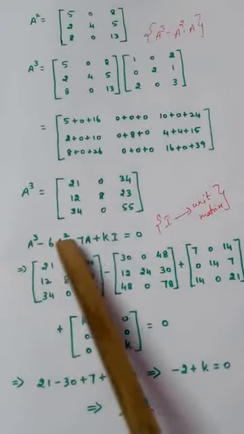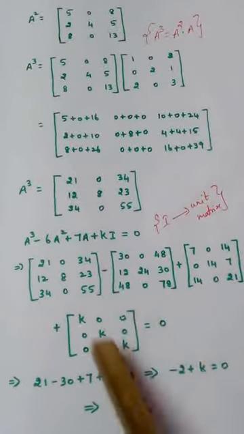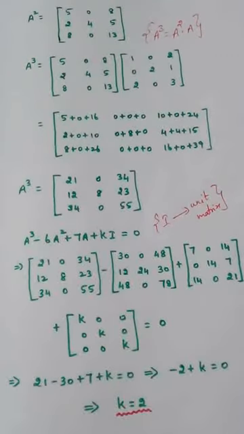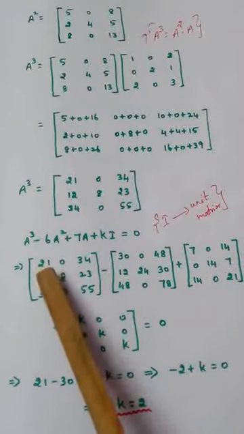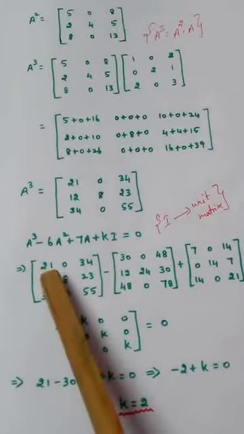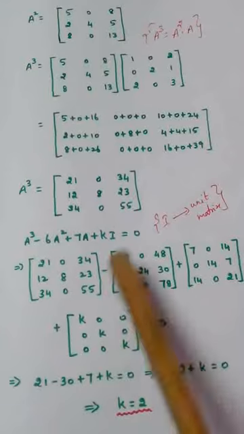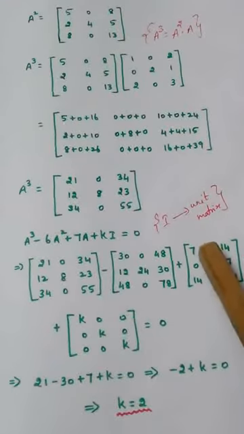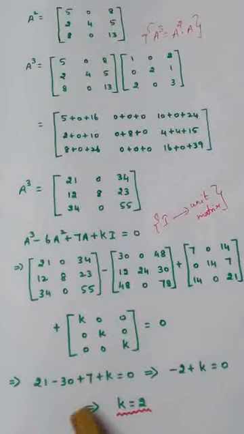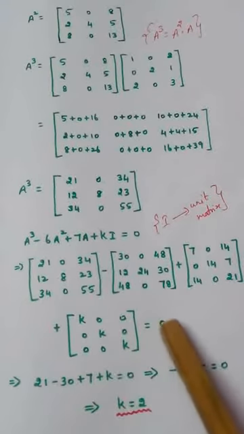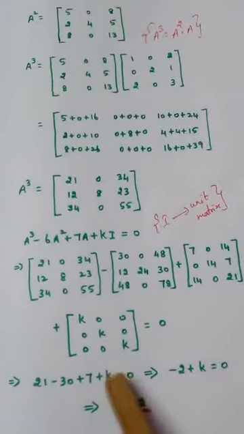So now I have written all the 4: 1, 2, 3, 4. The answer is 0. It is given. What is our aim? Our aim is to find the k value. So how am I going to do this? Only take the first element of all the things to simplify. See, first element is 21. First element is 30 with minus symbol. So 21 minus 30. First element 7 plus 7. First element is k plus k. The answer is 0. So equal to 0.